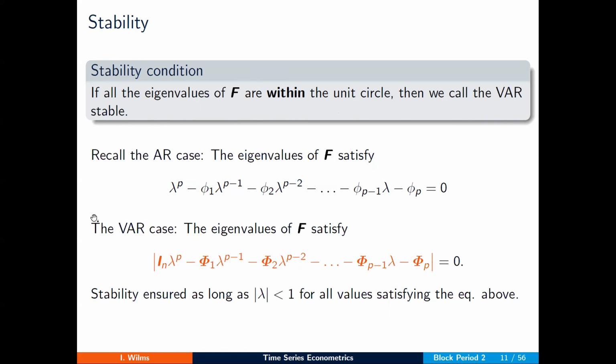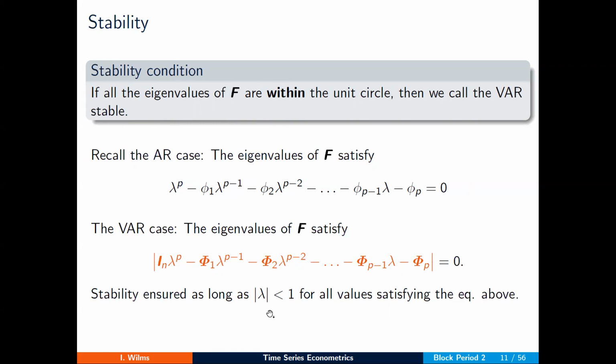And recall from last week that you can verify this by writing down this characteristic equation where you need to solve for its roots. And if they all fall within the unit circle, or are smaller than 1 in absolute value,